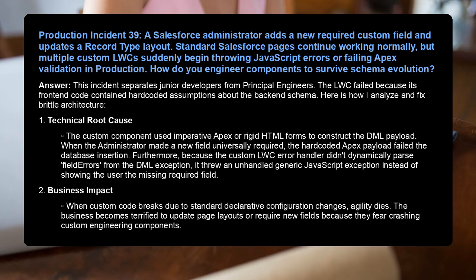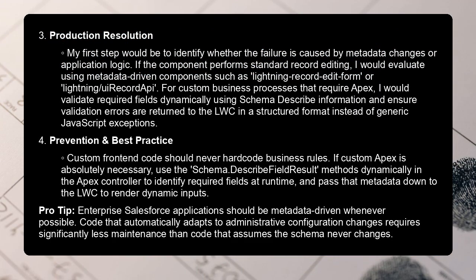2. Business impact. When custom code breaks due to standard declarative configuration changes, agility dies. The business becomes terrified to update page layouts or require new fields because they fear crashing custom engineering components. 3. Production resolution. My first step would be to identify whether the failure is caused by metadata changes or application